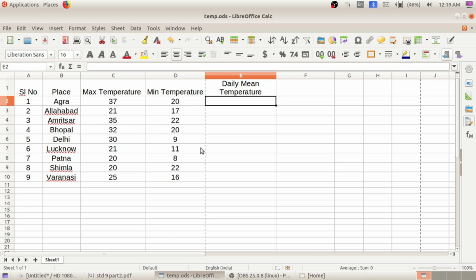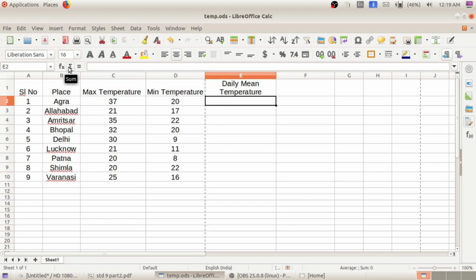But in Calc software, instead of numbers we use cell addresses. The cell address of 37 will be C and the corresponding number 2, so C2. Instead of 20 we represent it as cell address D2. So sum divided by 2, that is the average.